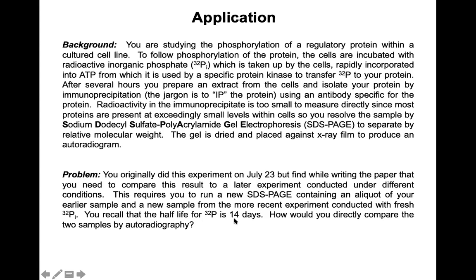But if you do it after a later period, then it will have decayed, and the rate is the half-life of P32, phosphorus 32, which is 14 days. That means after 14 days, radioactivity will have decayed 50%. That means you can find only 50% compared to the freshly reacted SDS-PAGE